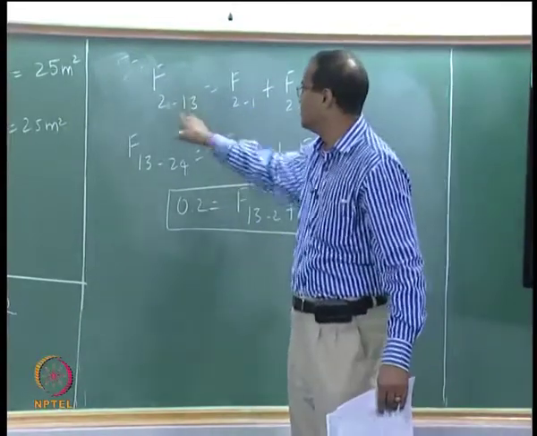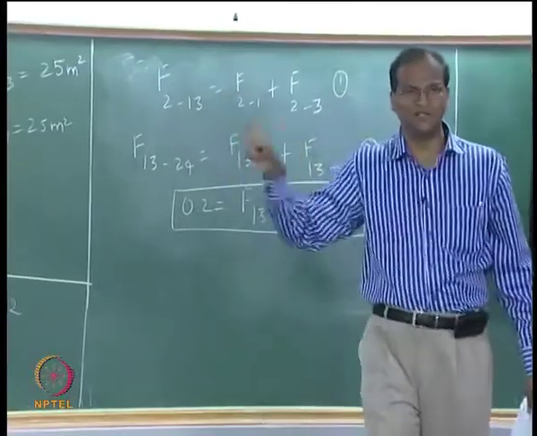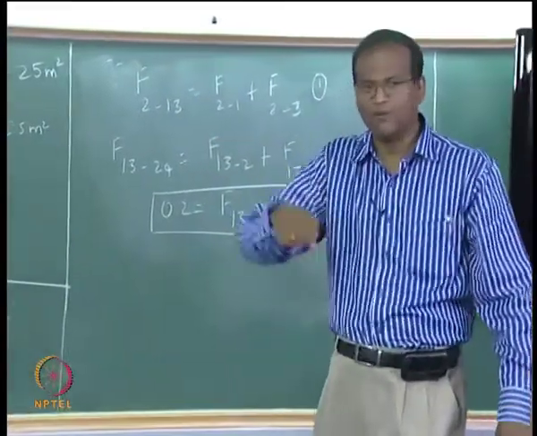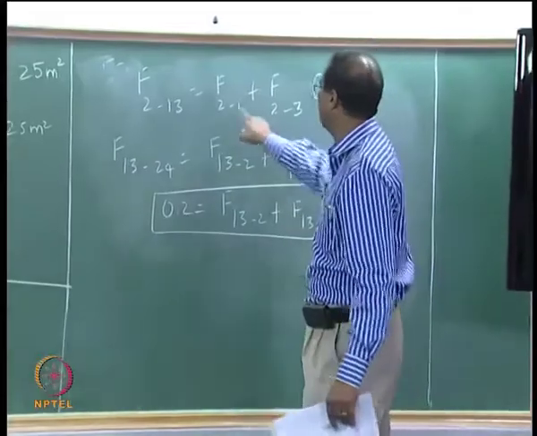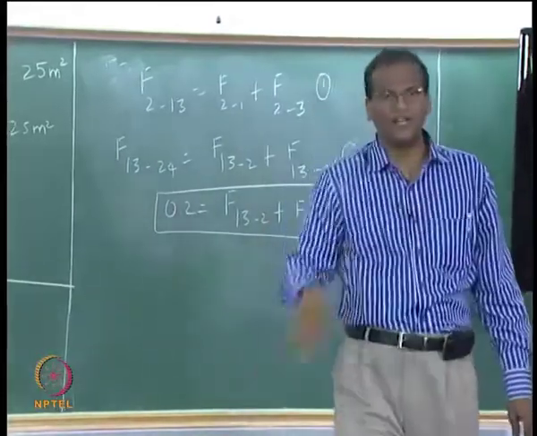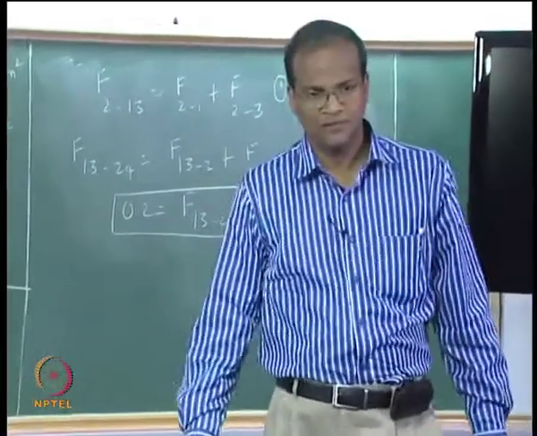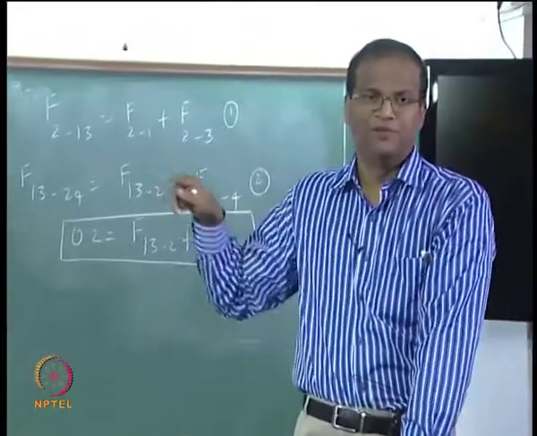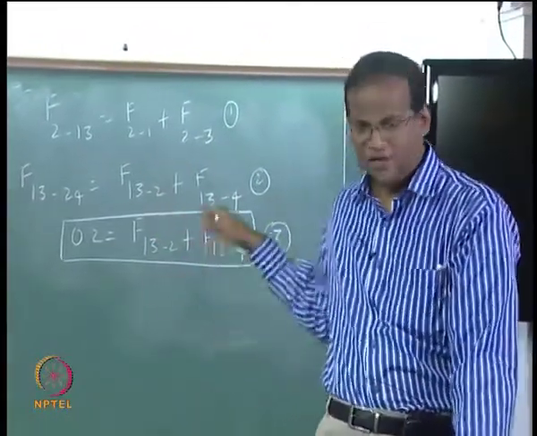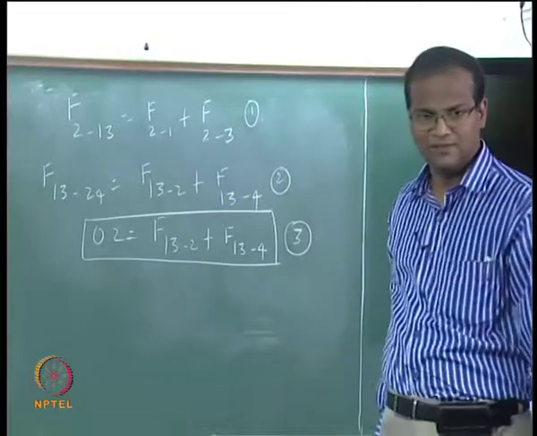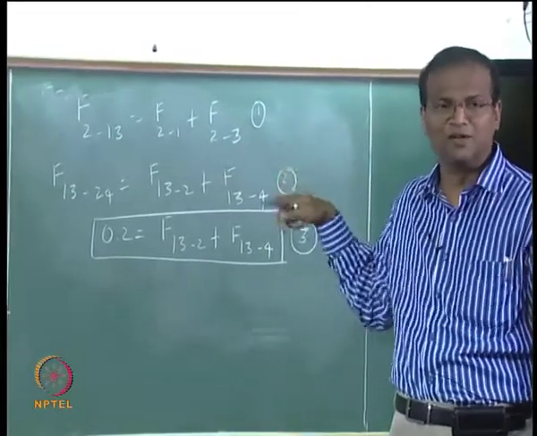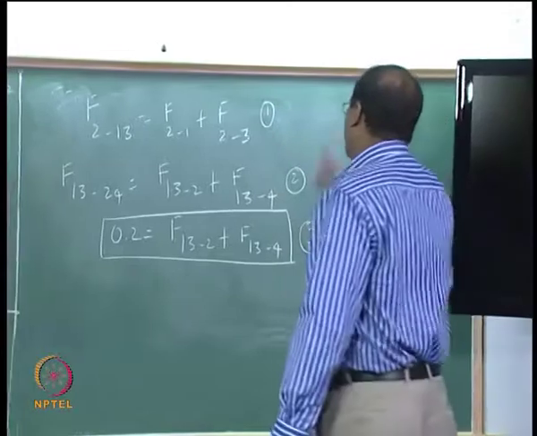If you take F13 to 2, you can't write it as F1 to 2 plus F3 to 2. If it is going from 2, it is okay for us to write F2 to 1, F2 to 3. We have already done it in the last class. But the converse is not true. You can't split F13 to 2 like this. Then A13 F13 to 2 is equal to A1, okay. From 1,